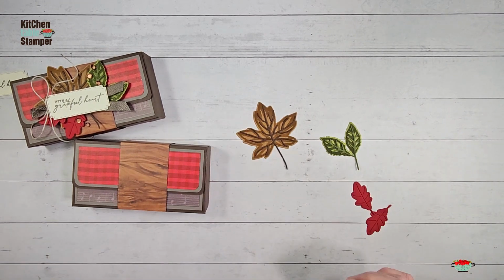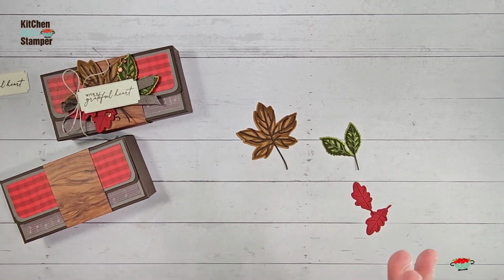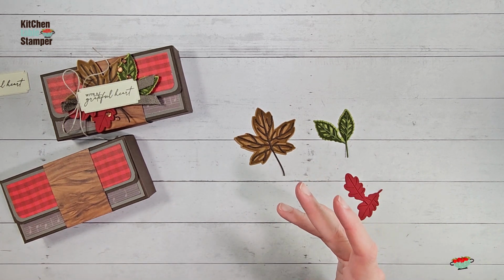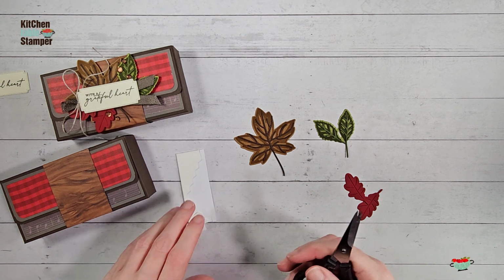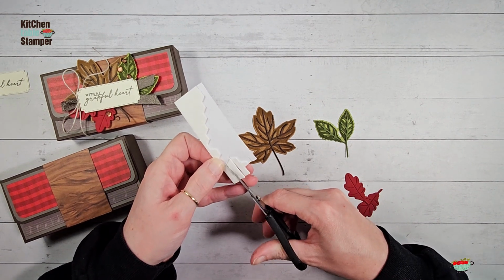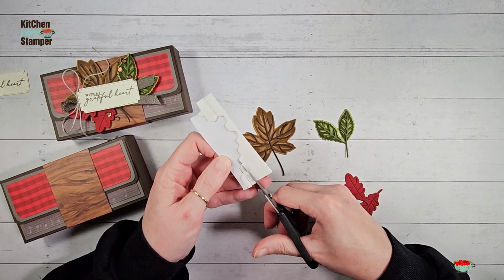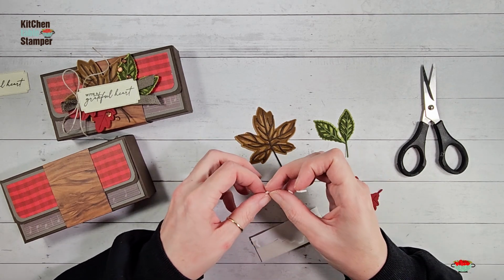And there's our old olive leaves. Now, for our treat boxes, I love double, triple, quadruple dimensionals if you want to. You can build as high as you want for treat boxes because you're not necessarily going to try to put them through the postal service, like through the mail, where you've got to stick to that below 1/4 inch. In the US, if you go over 1/4 of an inch, then it's considered a package, and the rates go up astronomically for that. So we have to kind of keep cards to 1/4 of an inch, which is usually about